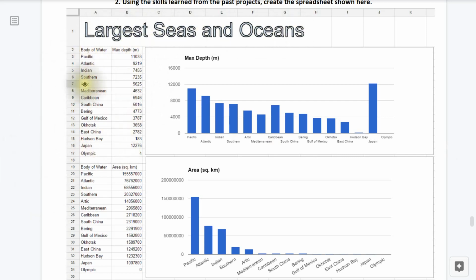There's a lot of data here, but notice that the data is repeated twice. Now there's a little trick to this. All you have to do is key this in once, highlight from Pacific to Olympic, and use the shortcut Control C to copy this data. Click down into A20 and then use the shortcut Control V to paste all the labels in. That saves you a lot of time, so it only takes a couple minutes to do all of this. So go ahead, hit that space bar and create this spreadsheet.